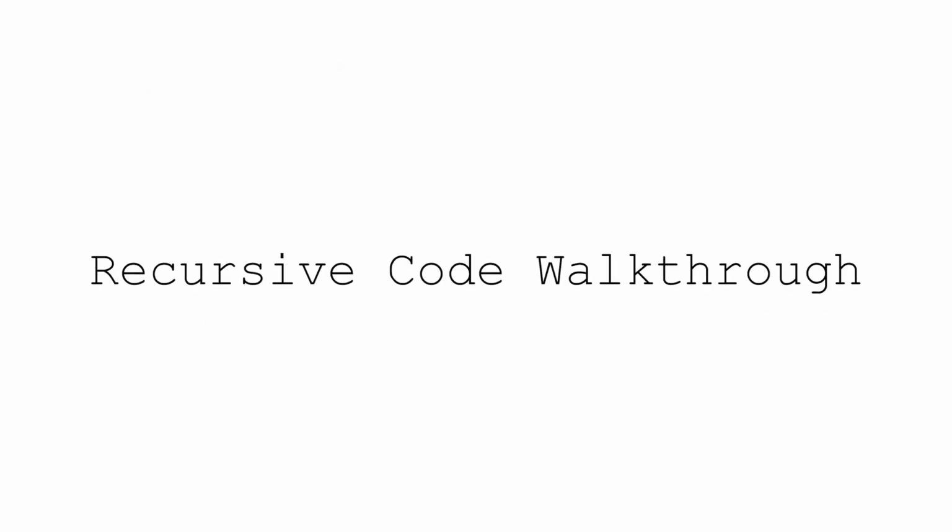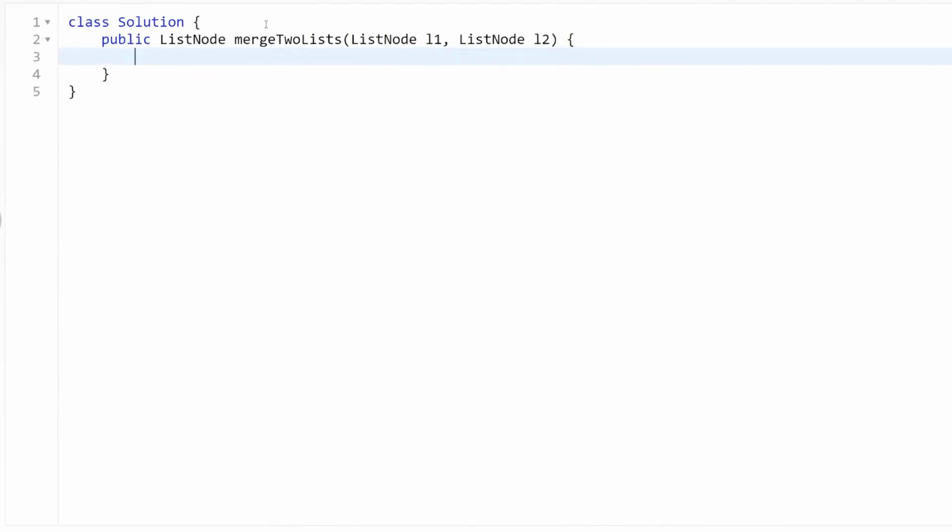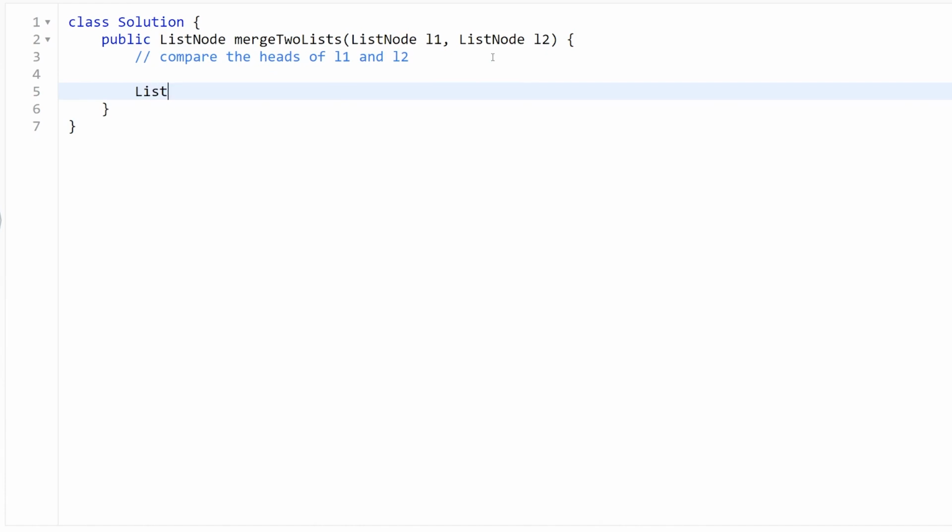Let's see how we can translate our algorithm into code. Firstly, we have to compare the heads of L1 and L2, the first nodes of our two given lists. What we're looking for is which one is smaller. Then, when we know which of the two nodes is smaller, we can assign that to be the head of our returned list. So we need, firstly,